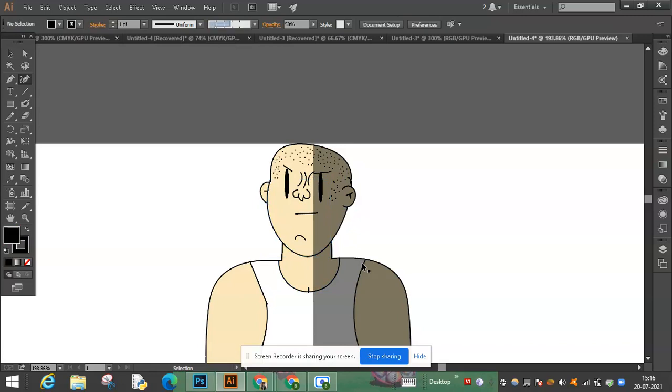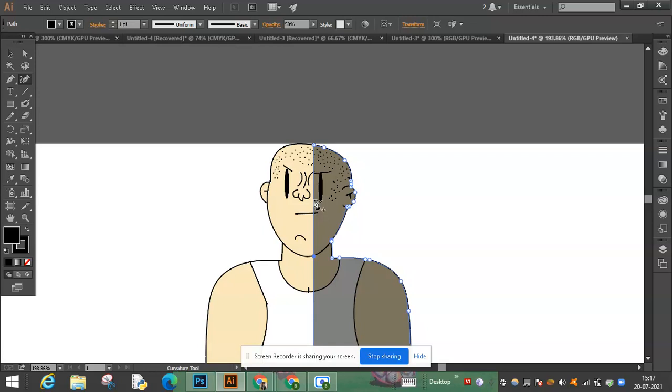So actually you have to click on the shadow itself and make a mark here, at the intersection of the shadow and the bottom of the face. And by the way, to undo you have to press Control Z, and if you continuously press Control Z, like Control Z Z Z Z Z, it will undo multiple times. You have unlimited undo, so whatever you do you can just go back.